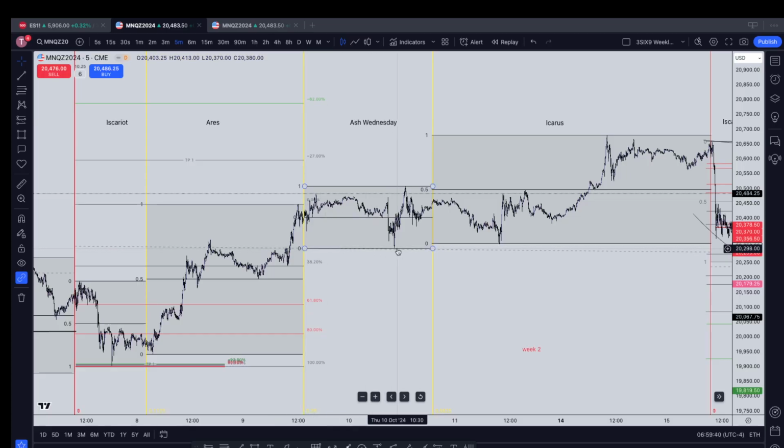But if that didn't happen, I was going to look for some sort of liquidity sweep or SMT with ES for a 15-minute candle entry, and that's where I would enter and target this TP1. Okay, but on Wednesday this TP1 was not met. But if you had entered right here, and I believe I did. Oh, sorry, I was traveling this day. I did not trade this day, but if I enter right here on Thursday,